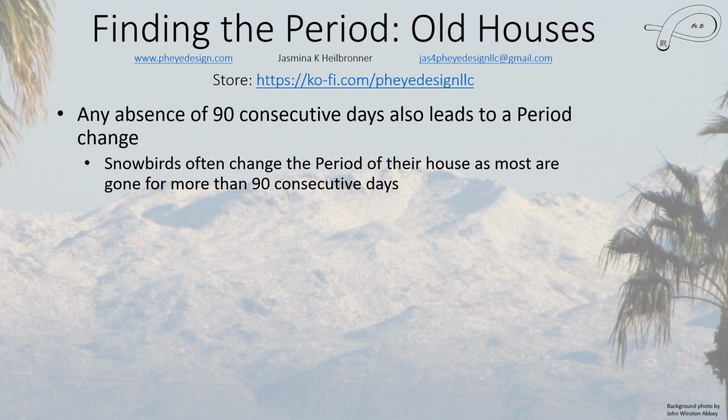Snowbirds, which is what we call them here in Arizona, people who come to a southern state, or it could happen in Europe too, I suppose, during winter. They don't want to deal with winter, so they come south and they stay for usually 4 or 5 months until it warms up where they're from, and then they go back. And they're out of the house for 90 consecutive days, definitely, and their house will be updated to the current